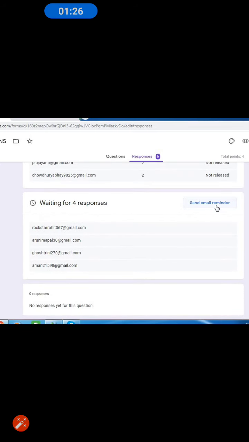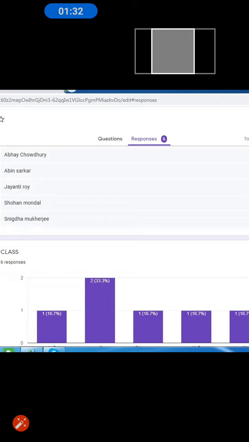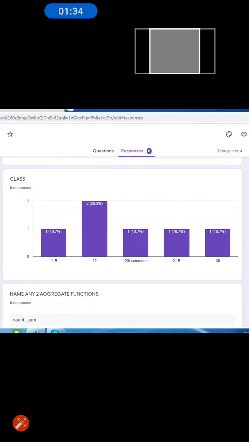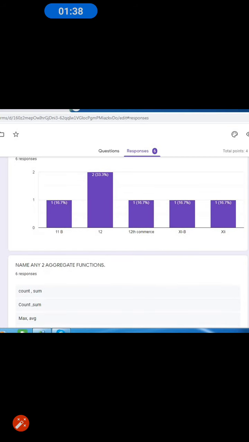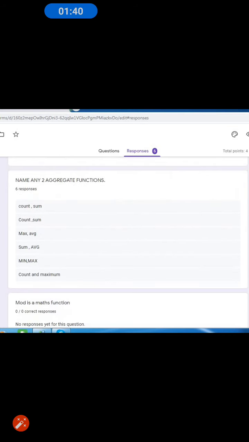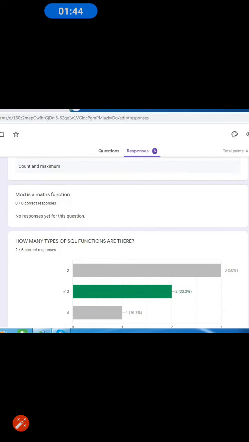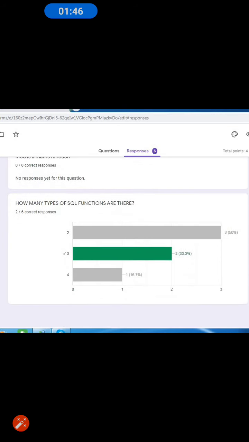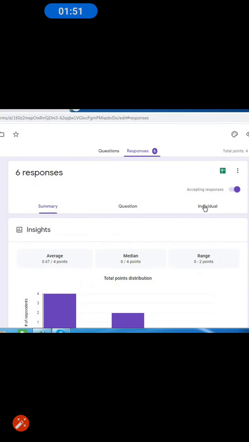We can get a list of all those students who have not appeared for the exam and send them email reminders. Again, we can also have an analysis by these graphs of how the performance of the students is in the exam. Question-wise analysis is also possible with the help of the summary section.